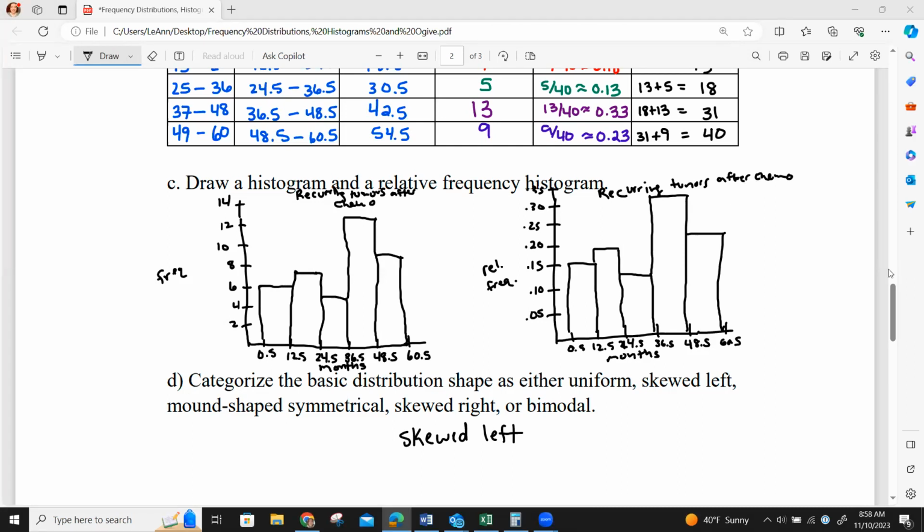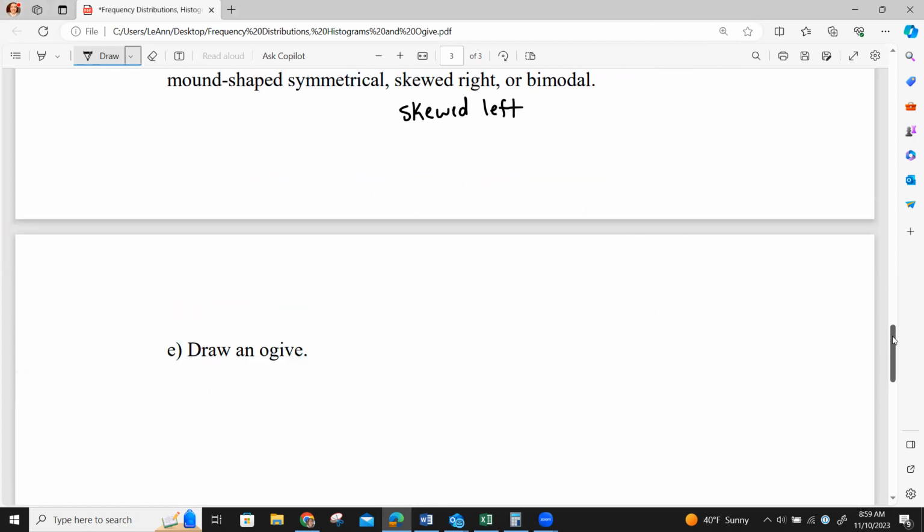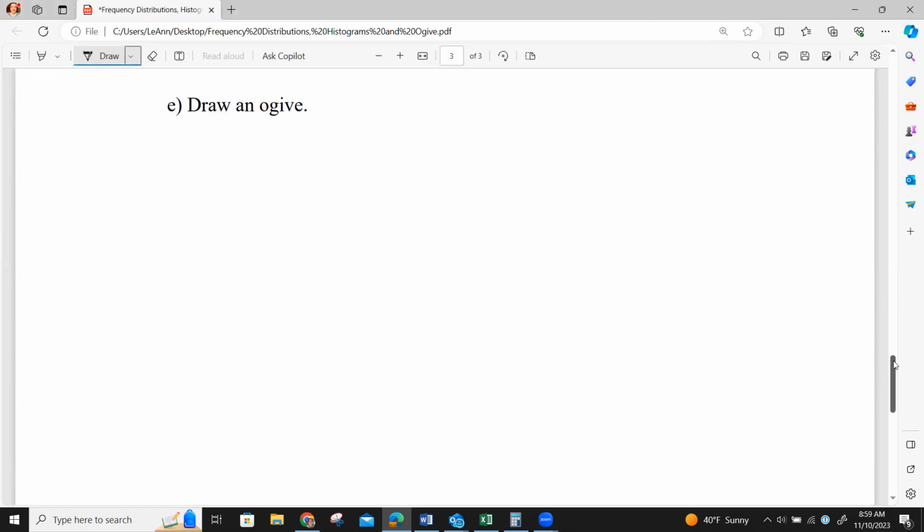All right, so the last piece that we want to do on this specific problem is draw an ogive. An ogive is really a line kind of graph, and we're going to set it up using our class boundaries again. I'll draw this one a little bigger since I have a little more room. So we have the recurrence